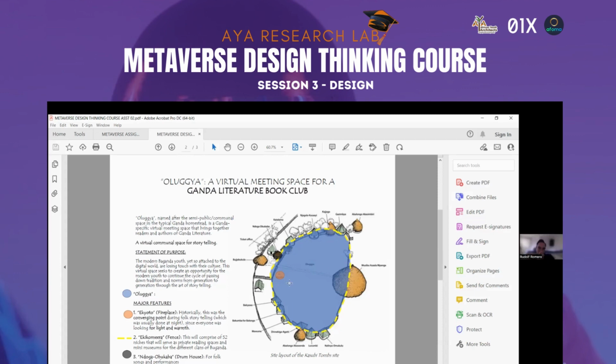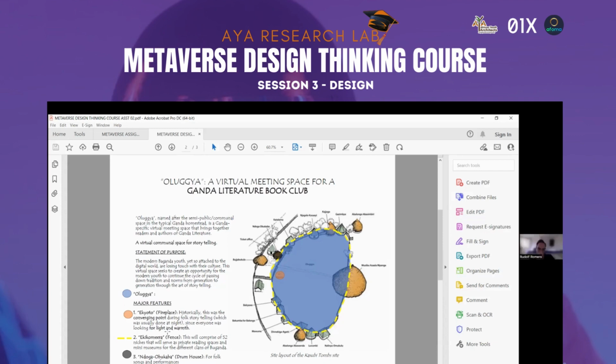And I'm looking at maybe this fence comprising of niches, each representing a clan in Buganda, that will serve as niches for reading space. Yes. Then a drum house. This drum house, we have these folk songs that are actually dying out because, you know, no one is telling them, but I would like them to be a sort of performance within this space, this virtual space. Yes. Really good. So those are the key elements or features.